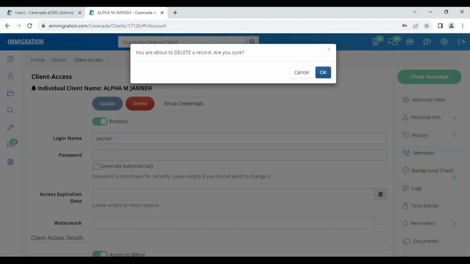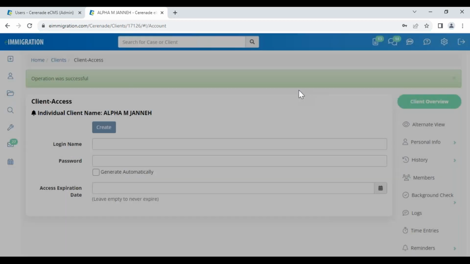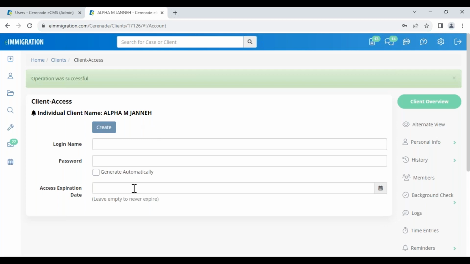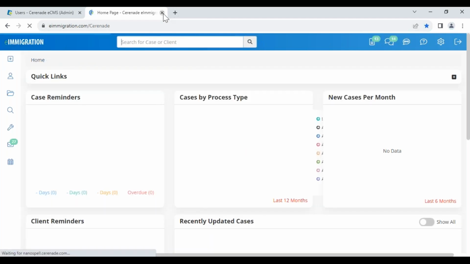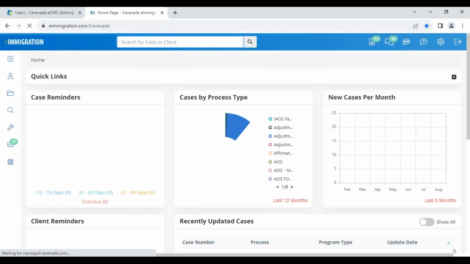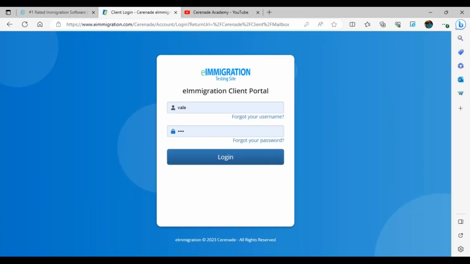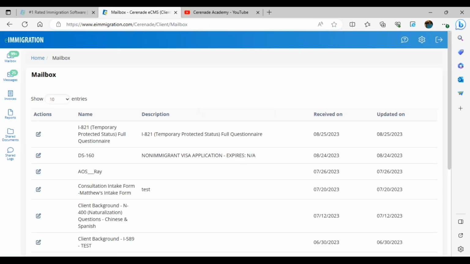All right, let me just delete this one. You don't see the email credentials because you haven't created the account. That's why. All right, so after you send the questionnaire and the client accesses that either through email, text message, or client portal,